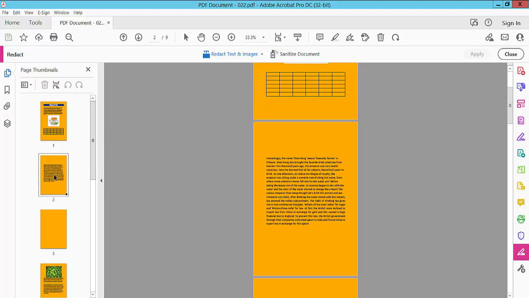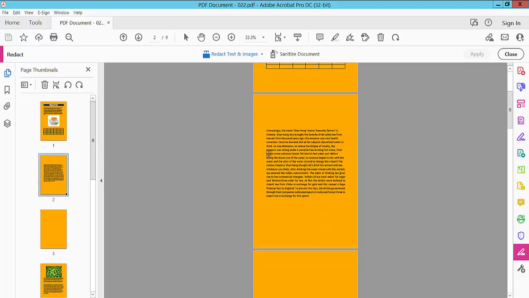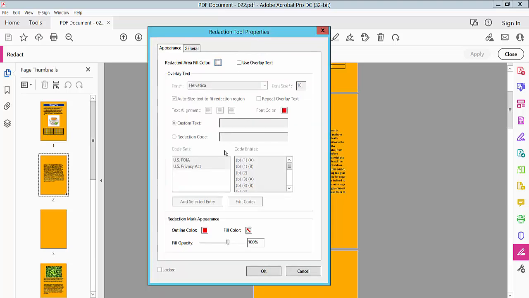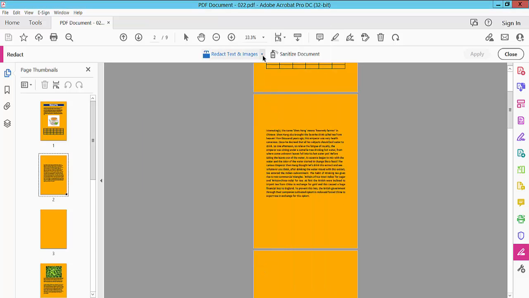and I'll redact this page number 2 and I'll make it white out. Click on this arrow and first select the Properties option and click on this Appearance option and select your color, white color. Now select OK and again click on this arrow and select Redact Page